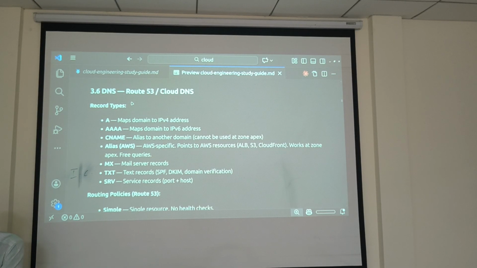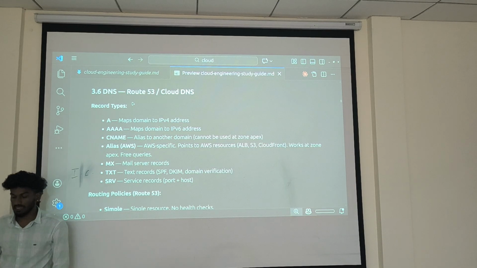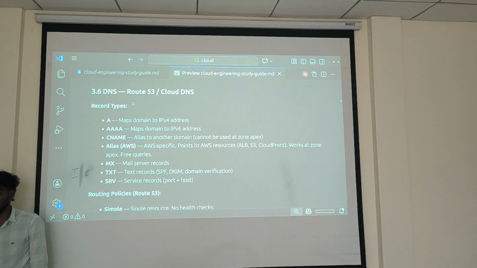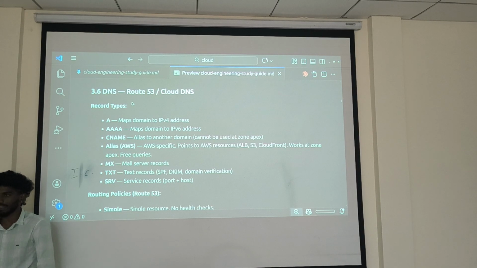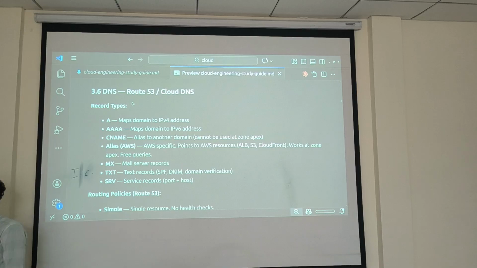Yeah. Next one is the DNS. So DNS I already explained. DNS is nothing but domain naming system. All the machines definitely have some IP. So if I am requesting anything from this machine, it goes with the router IP, because only the router is able to communicate with the internet. I can't do that. So it's definitely going with the IP.